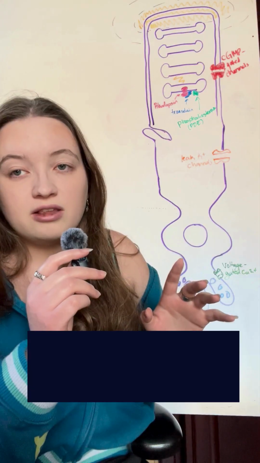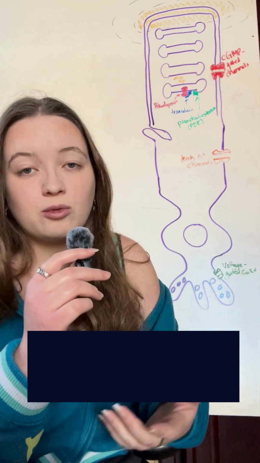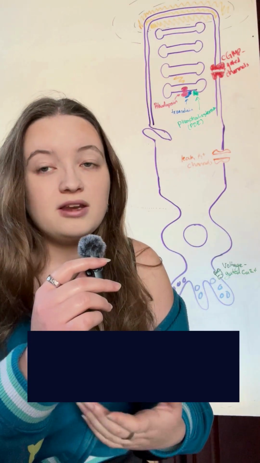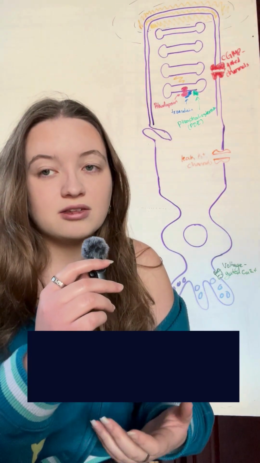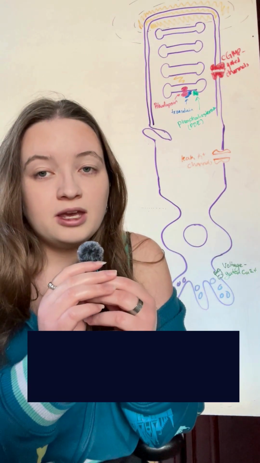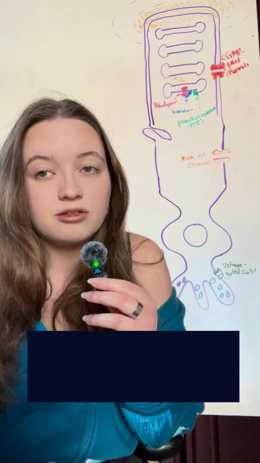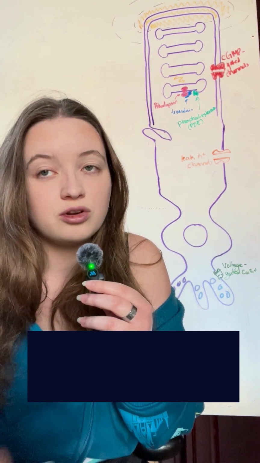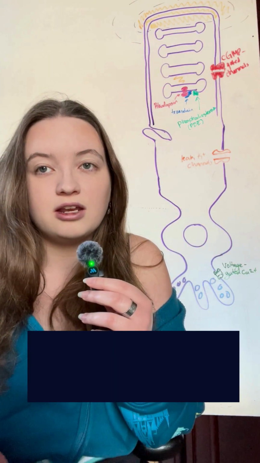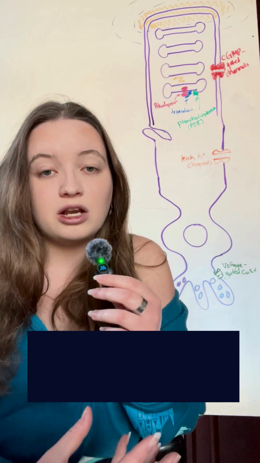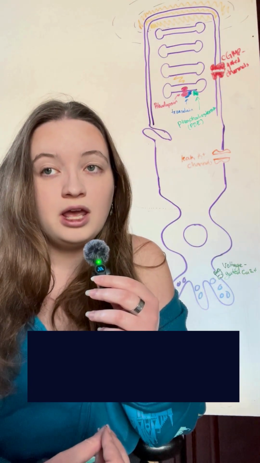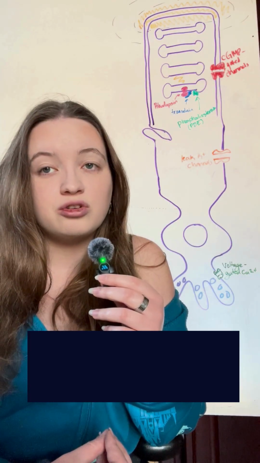This will then activate an enzyme called phosphodiesterase, which I'm going to shorten to PDE for my sanity and yours. PDE will catalyze the hydrolysis of cGMP to 5'-GMP. As cGMP is hydrolyzed, the intracellular concentration of cGMP is reduced. GMP notably cannot activate cGMP-gated channels. Those channels will then close when the concentration of cGMP goes down, and the sodium-calcium influx will be reduced, which